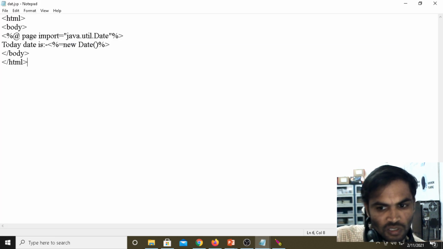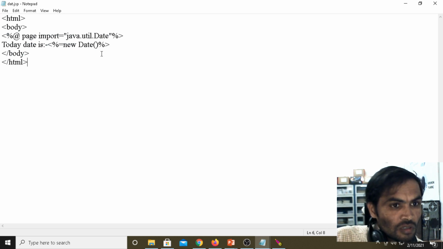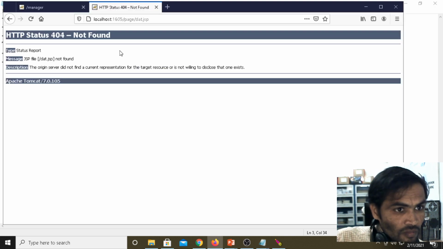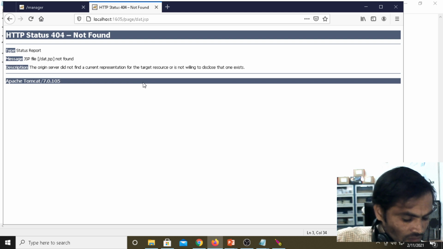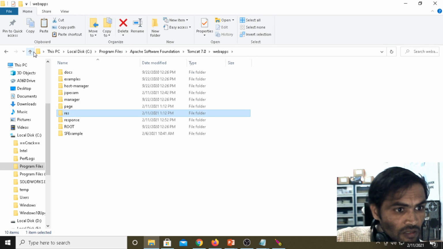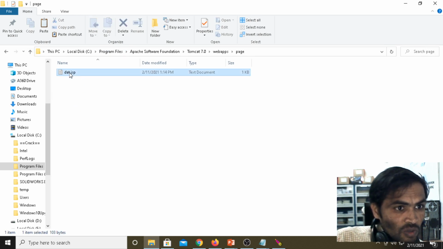Means in the source code, page directive import, control S, go back, page, here only we are opening.